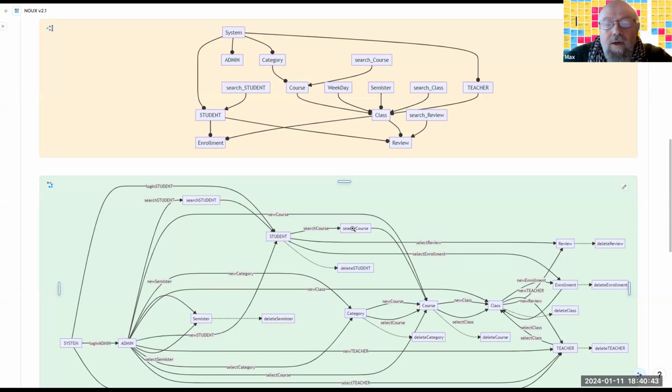I enter the criteria, it shows me a sublist, and eventually I end up in a single course. And then I can say, okay, I want to take this course and I want to make an enrollment out of it. So I select one of the classes for one of the nights, say I want to go on the Wednesday night, and then there's a button saying new enrollment,